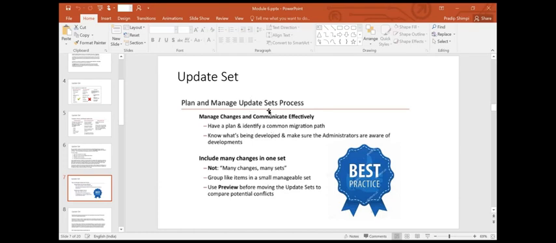Plan and manage the update set process. That is the best practice: you should spend more time on the plan than execution. Manage changes and communicate effectively. Have a plan, identify the common migration path, know what is being developed, and make sure administrators are aware of developments. And then, including many changes in one set